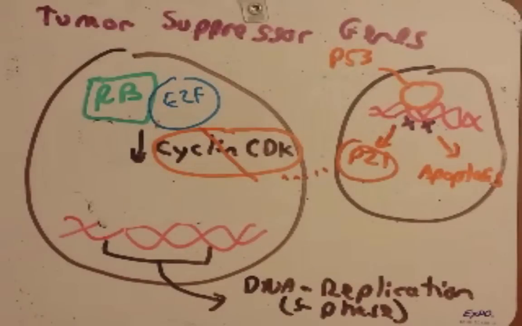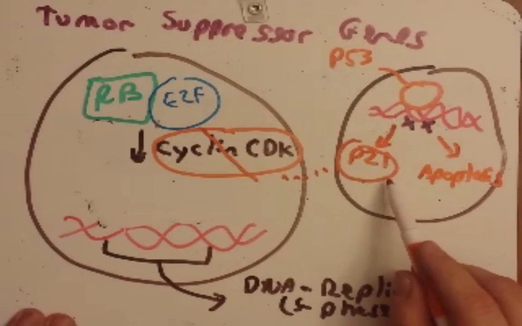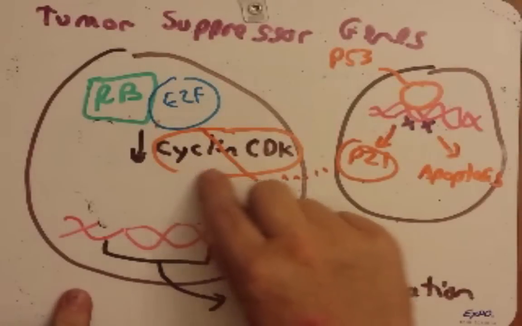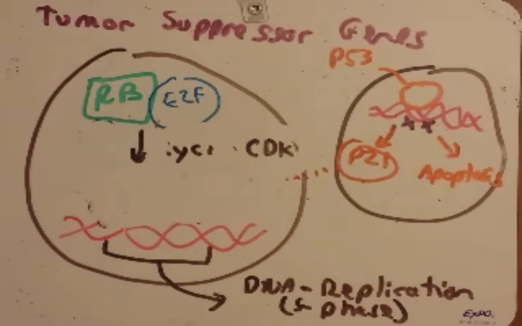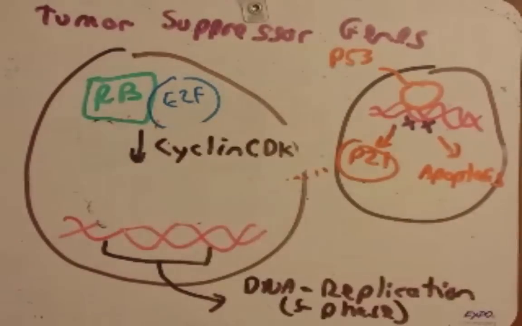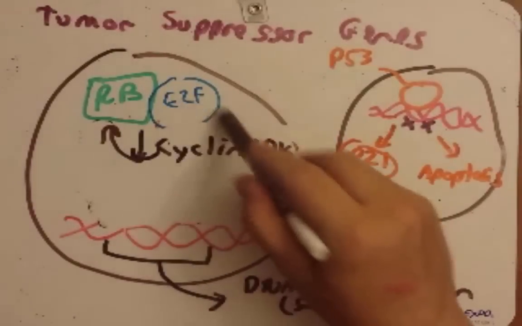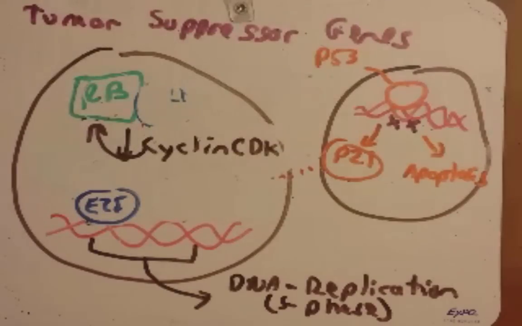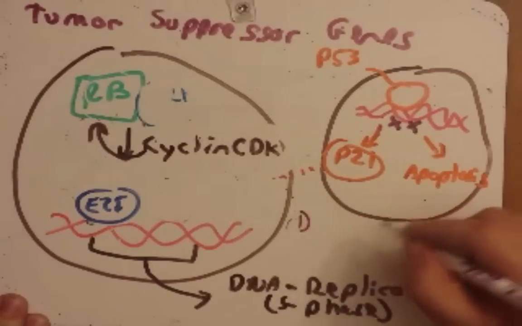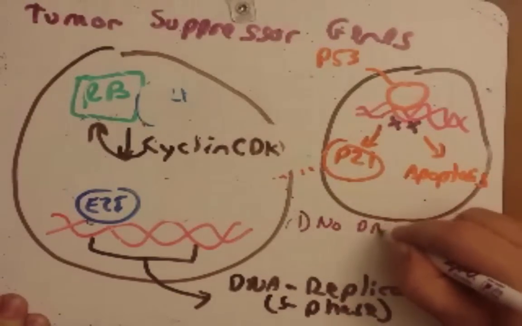Once that DNA has been repaired, p21 will be degraded, and once it's degraded, it's no longer inhibiting cyclin CDK, and now cyclin CDK can phosphorylate retinoblastoma, releasing E2F to bind down here, turning on the gene. So you should be very familiar with this pathway,